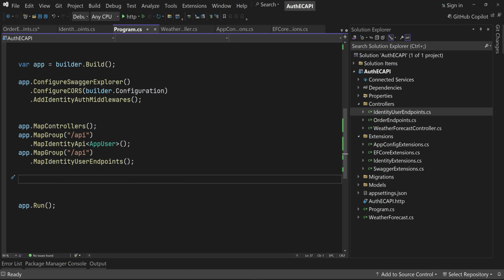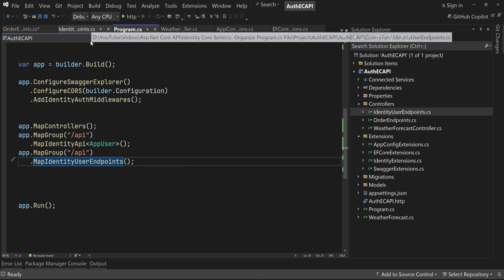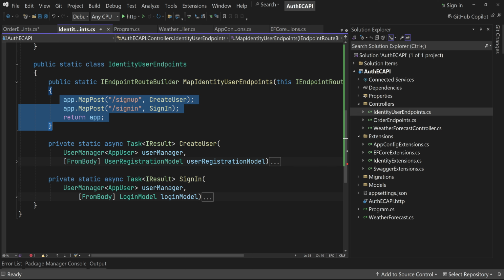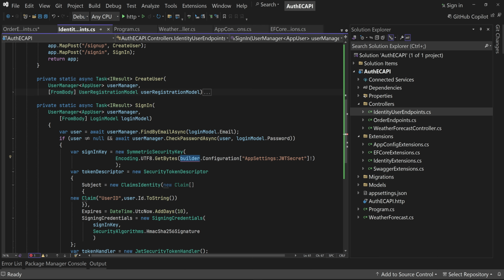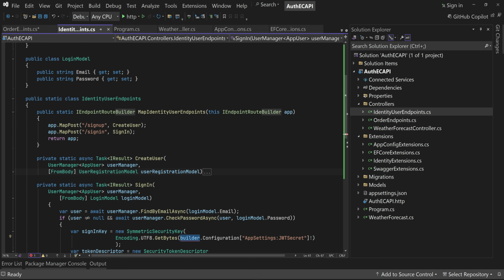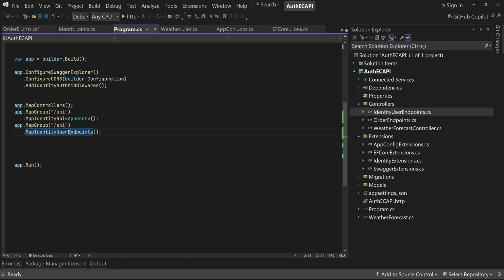So that's how to deal with web API methods. Now finally, we have to resolve this error related to accessing configuration data from the builder object. This builder object is not available inside this class here, identity user endpoints. But we could pass the builder object from this program.cs file like we have passed the builder.configuration in rest of